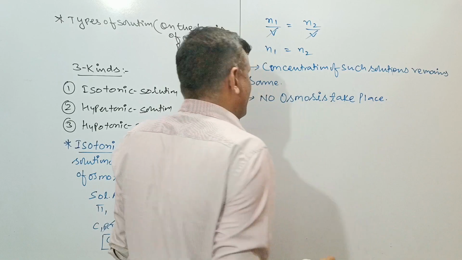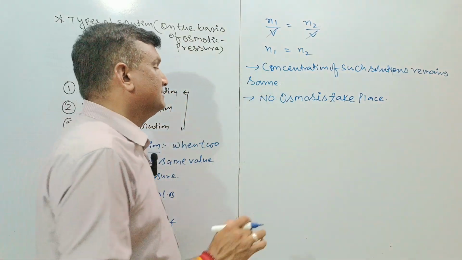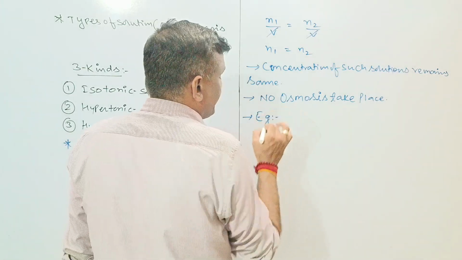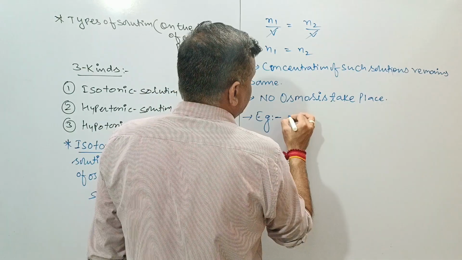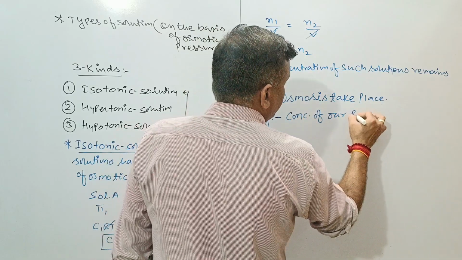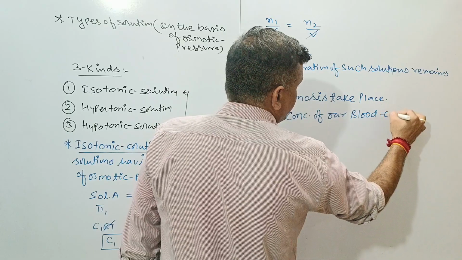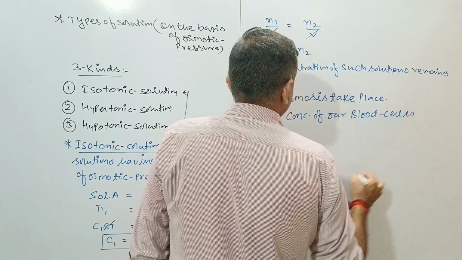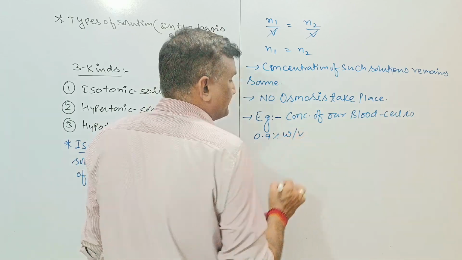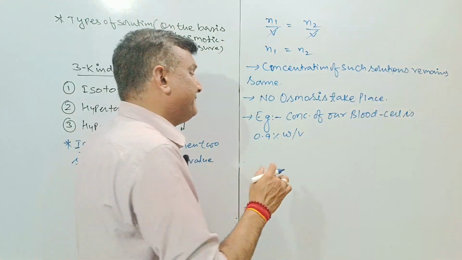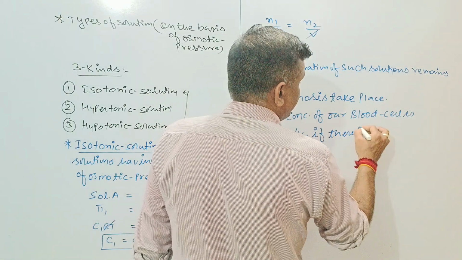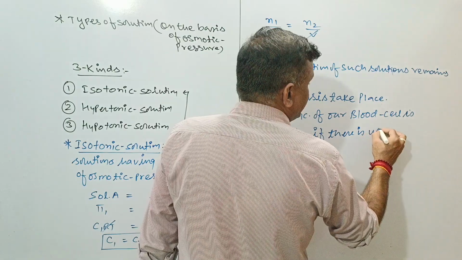For this we can take an example. Suppose the concentration of our blood cells is 0.9% by mass volume, and if there is use of injection